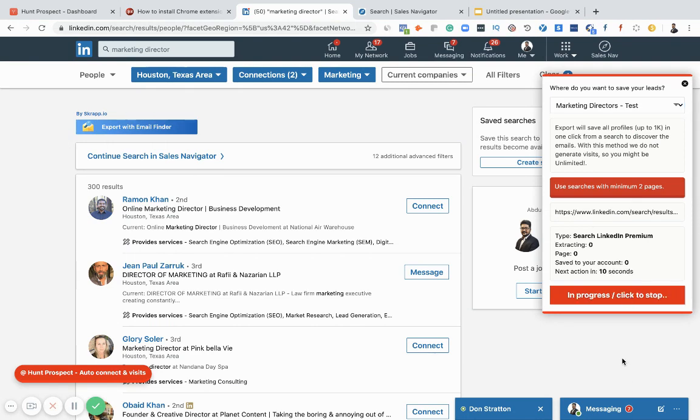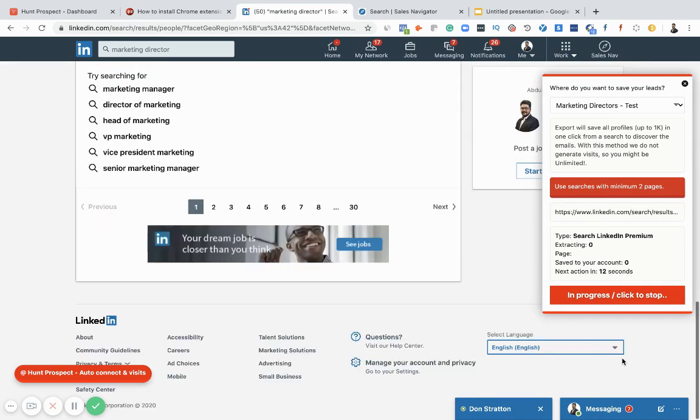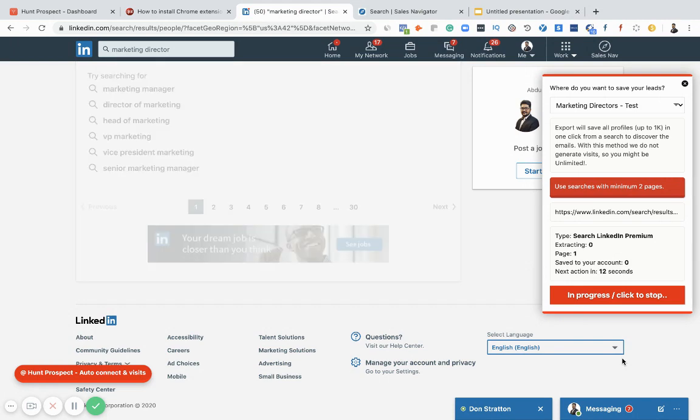Once I give this, the system runs, and while installing the Chrome extension, you can set some limits. They have every action after 10 seconds as a limitation. You can reach out to their chat and understand more.